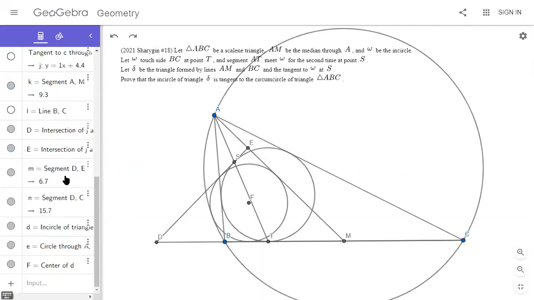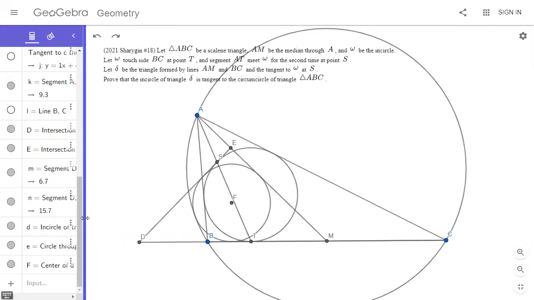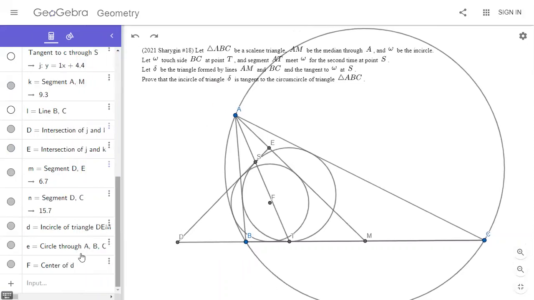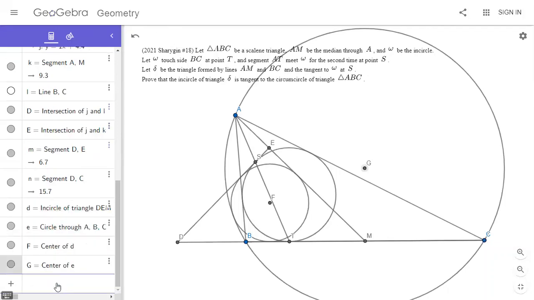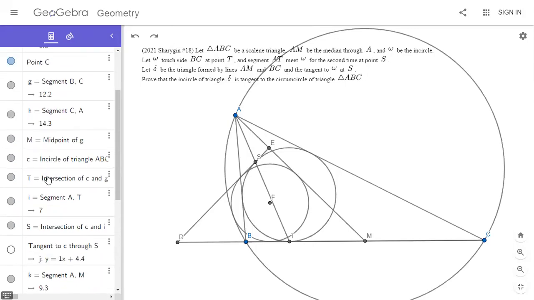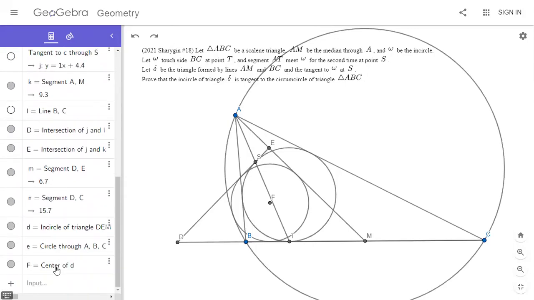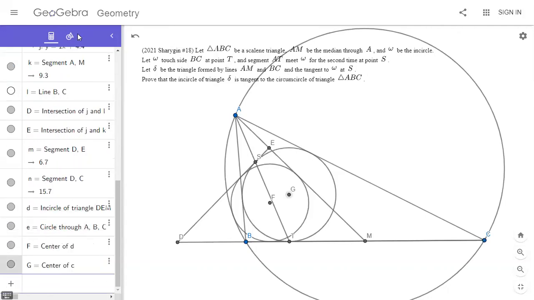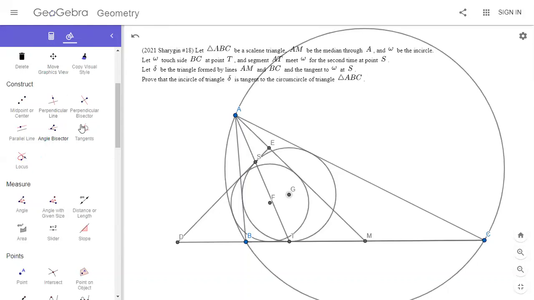I want the center of that, center of E. No, I want the center of the incircle, I'm sorry. Center of C. And then if I draw the angle bisector and I let it meet FG,